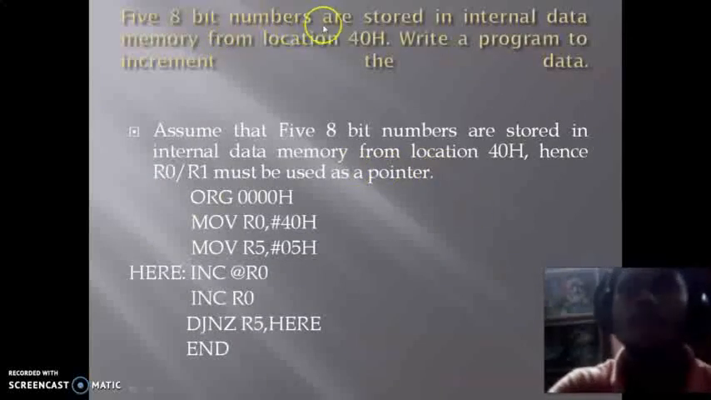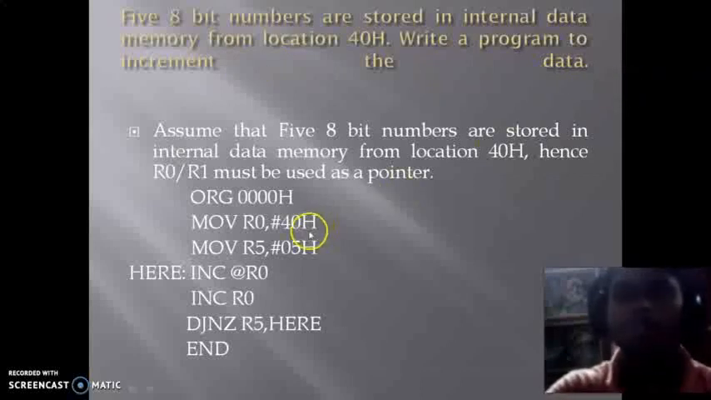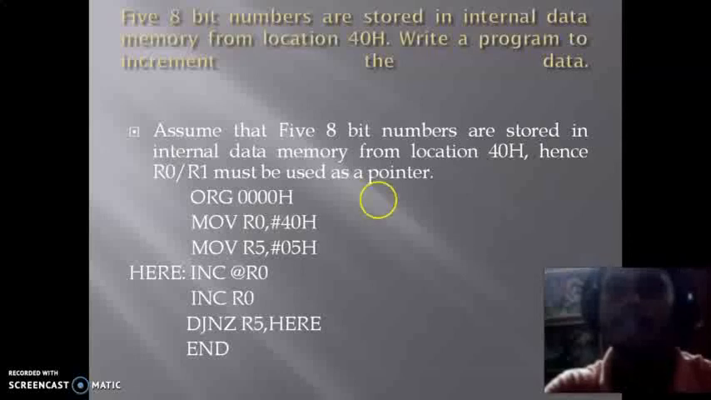Next, 5 8-bit numbers are stored in internal data memory from location 40H. Write a program to increment the data. So assume that the 5 8-bit numbers are stored in internal data memory from location 40H. So hence R0 or R1 must be used as a pointer. So here the origin address is 0, and MOV R0, #40H. So 40H is stored into R0,